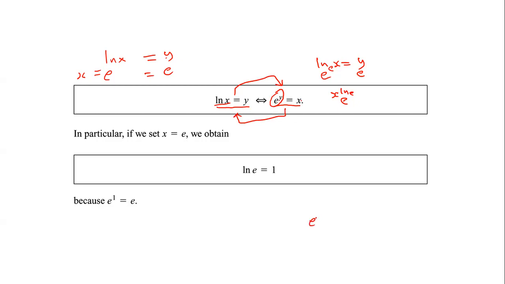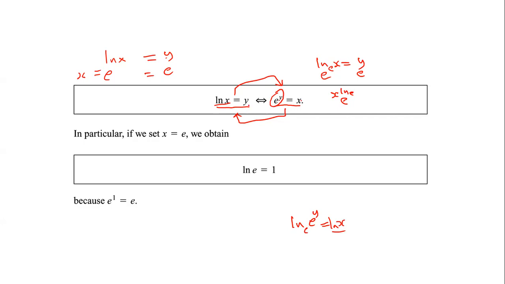To go from the side of e to the power y equal to x, we want ln, you can see this is ln x. That means I have to take ln of both sides. So I have to take ln of this one, I have to take ln of this one. So ln of this one, he gave me the left-hand side. I have to prove that ln e of e to the power y, I have to prove that this is equal to what? Equal to y,